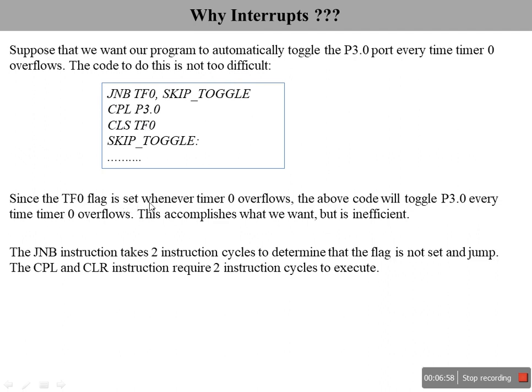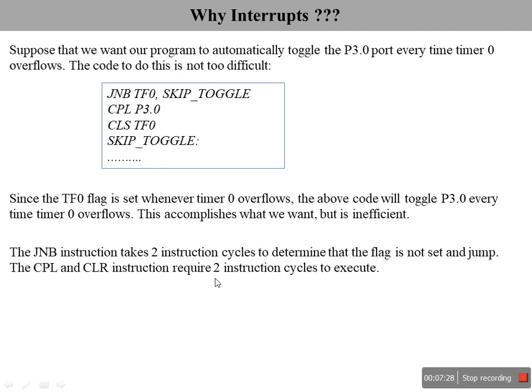Since the TF flag is set whenever timer 0 overflows, the above code will toggle P3.0 every time timer 0 overflows. This accomplishes what we want. But is this code efficient? No, it is not efficient. Let's look at a different perspective. JNB generally takes two instruction cycles to determine whether the flag is set and jump, whereas CPL and CLR take two more.